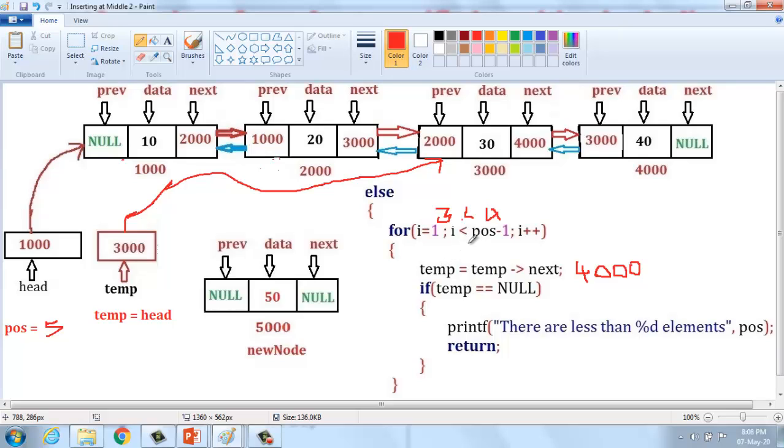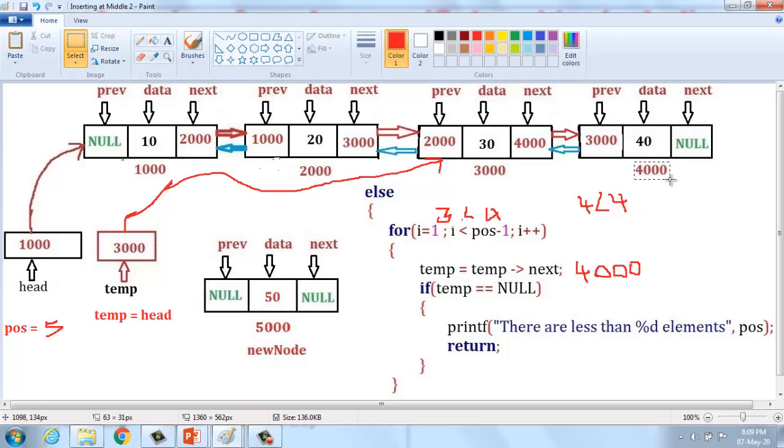Alright, i should be incremented by 1. That is 4. Okay, 4 less than 4. What is the value of temp? Temp is 4000, and then the pointer should be changed.